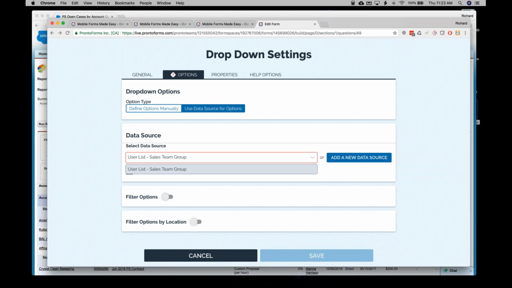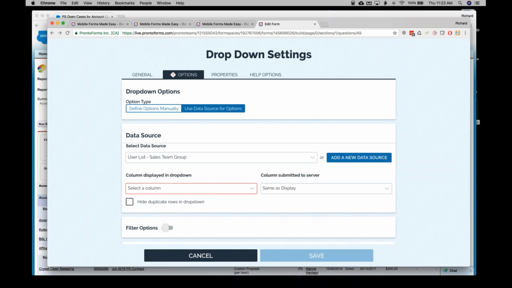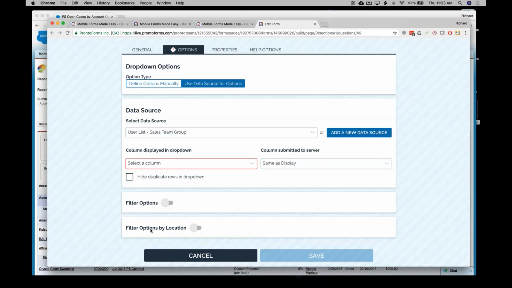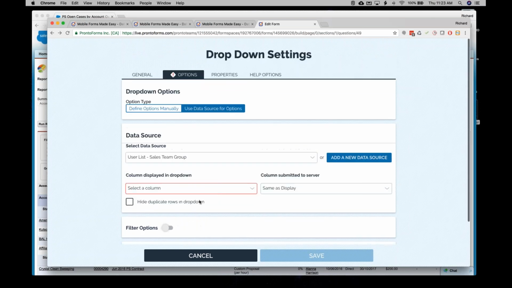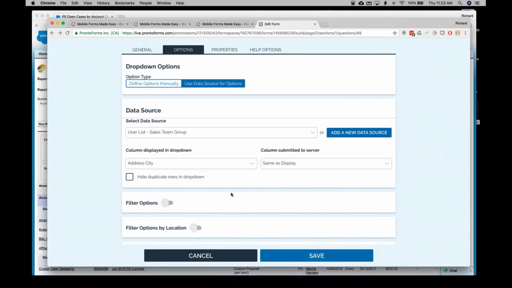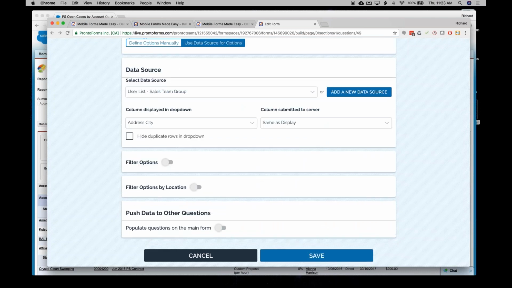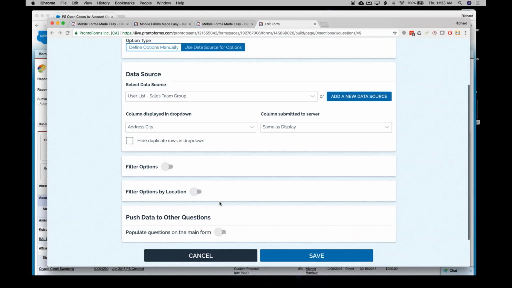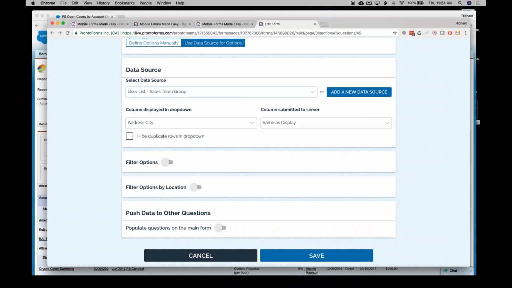Obviously, I haven't got it here at the moment to choose it. So I'll choose this one, and then you'll see the columns within your data source. So I've got some stuff here that I can choose. You'd probably choose account name as your first value. Maybe I have to choose that first. Okay, yeah. So you choose your account name in here, not the address, and then you have push data to